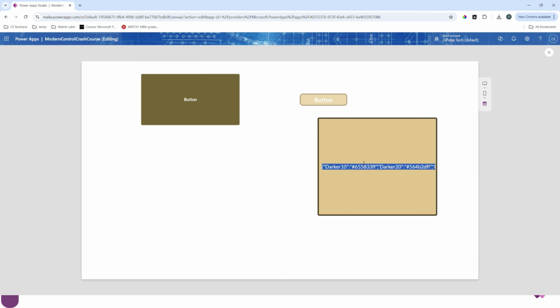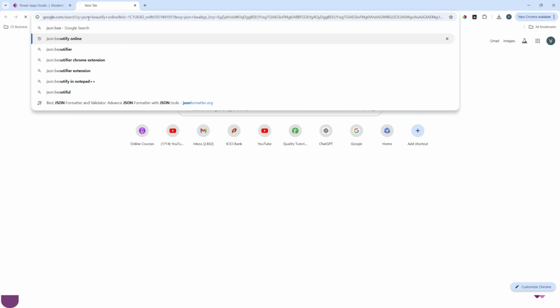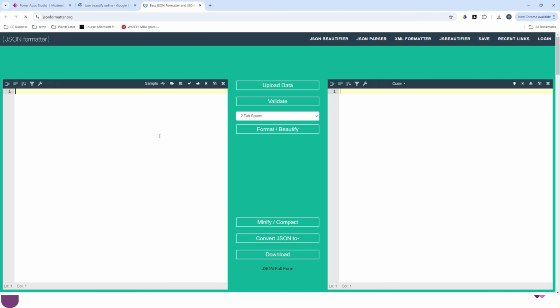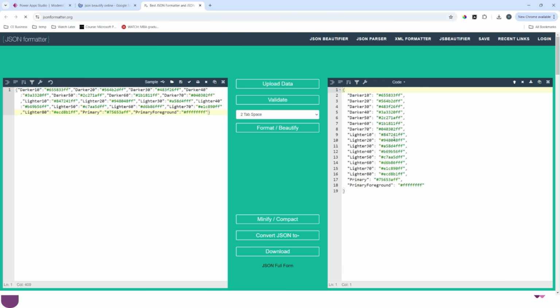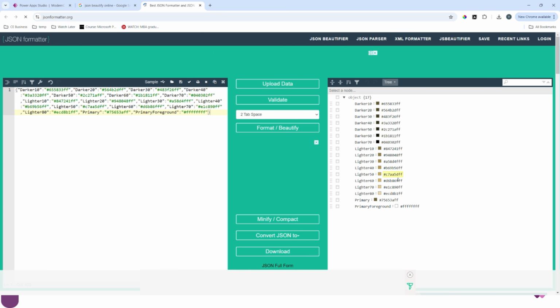I'll copy all the JSON over here, and here I'll search for a JSON beautifier. Let's choose this one, JSON formatter. Paste it, choose the tree option. Now in the right section, you can see all the color palettes available for this theme, which you can choose